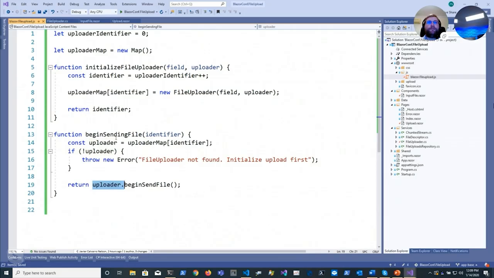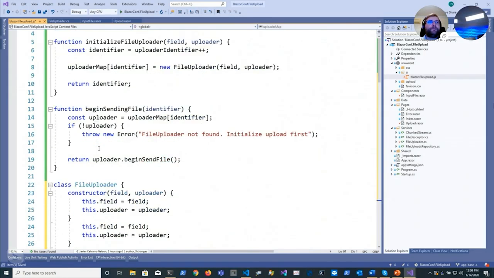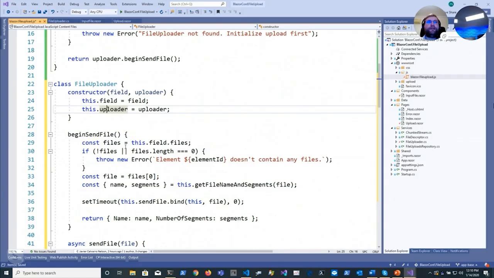And once it finds it, it calls begin send file. So on the JavaScript side, we have this file uploader class, which I have here. And this file uploader class, again, receives the field, receives the uploader. It sets everything up as fields. Then when it receives a call to begin send file, it uses the field to find the list of files,